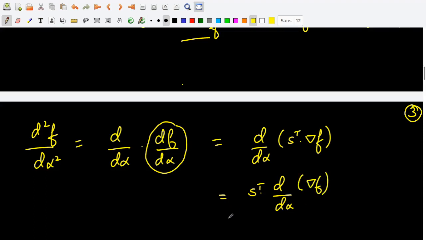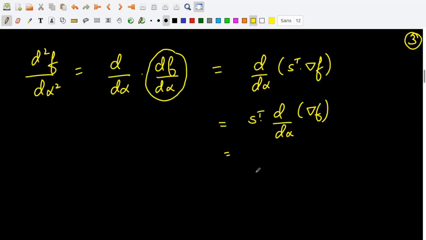Using the same arguments as earlier, this comes out to be s transpose grad square f times s. Recall that this term is your Hessian,